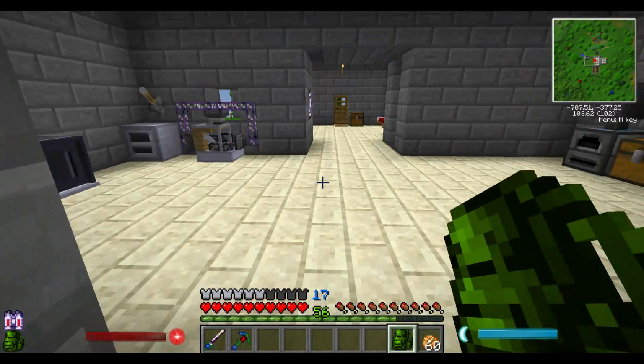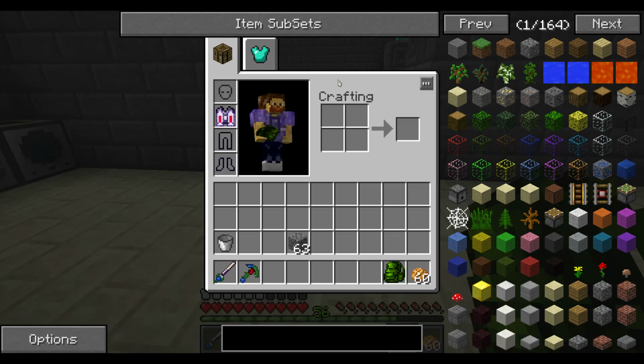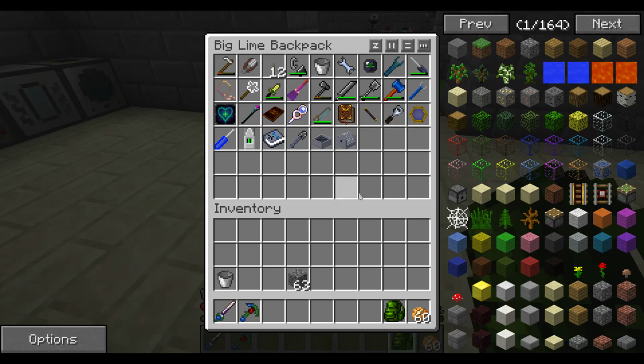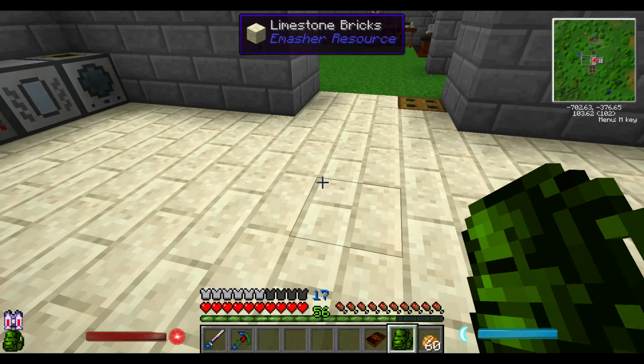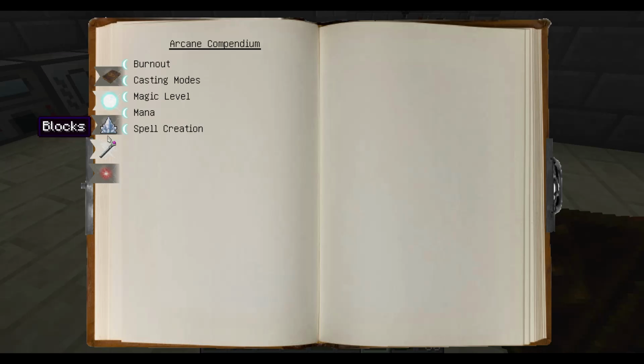So what I'd like to do is make a cow farm. And the easiest way to do that is with Ars Magica. If I pull out my Arcane Compendium, and I'm sure that some of you might have seen this before, but what I'd like to do is I'd like to make...